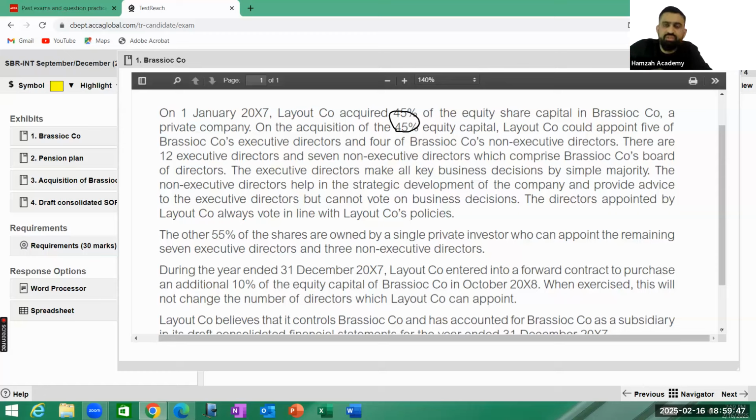Variable return means you have an equity interest in that company. Then the third one is that you have the ability to use that power